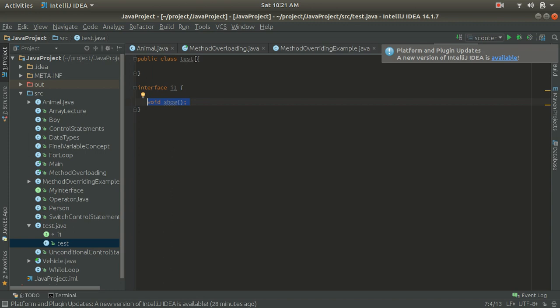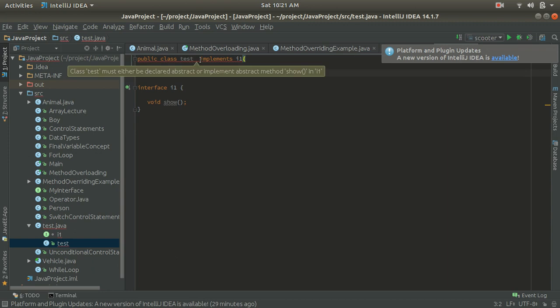And now I am going to implement this interface to our test class. So I am going to implement this interface I1 to the test class. To implement an interface, we have to use the implements keyword. Okay, and after that I will write I1, right?